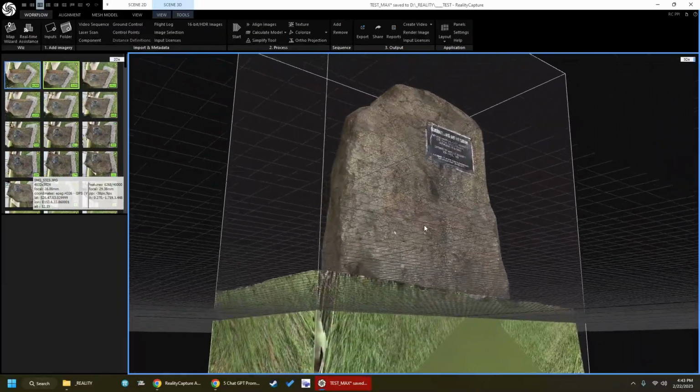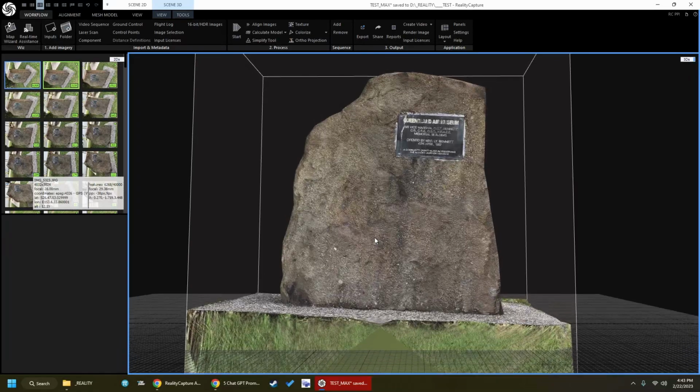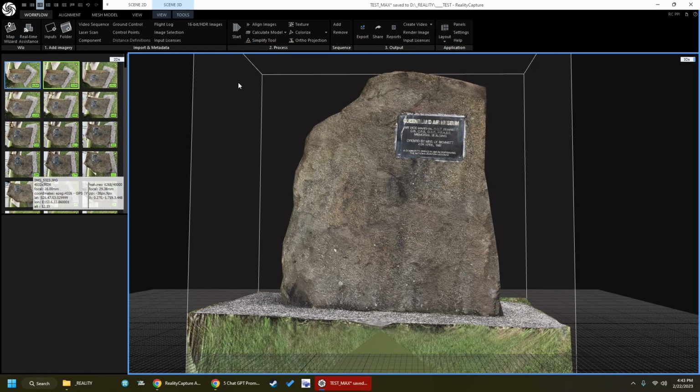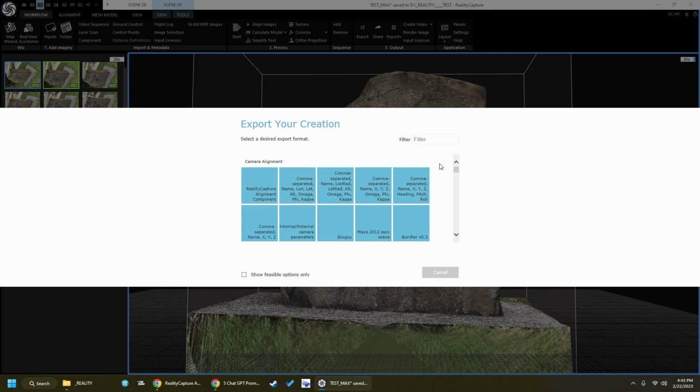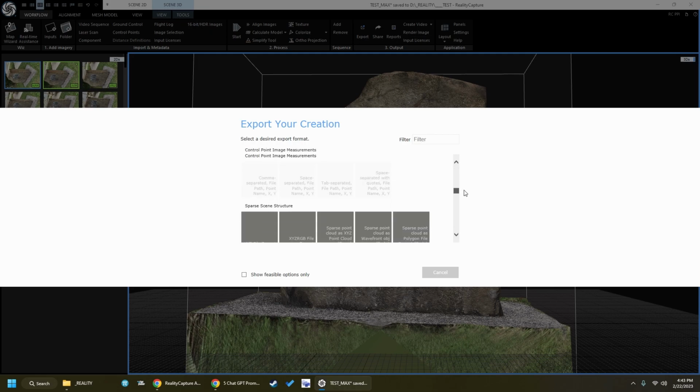So what we're going to do is take this into Blender. To do that, we go to workflow and hit export. Now you're going to have to pay to export, but it's pretty cheap. I'm actually going to spend $1 or $2 to re-export this one, just to be able to show you guys. So I've got export, and we have different things like camera alignment,